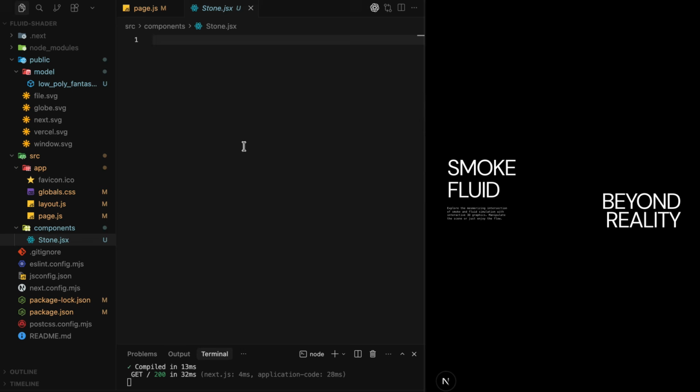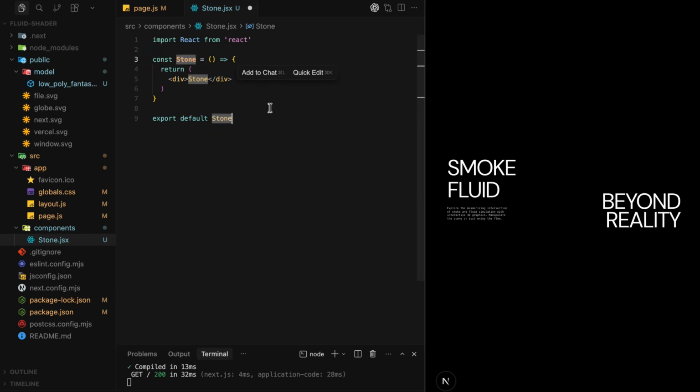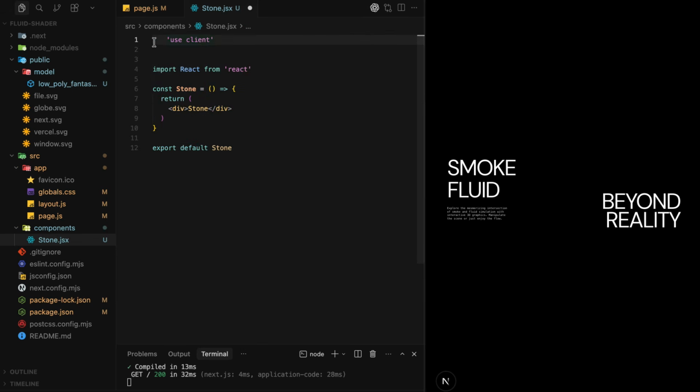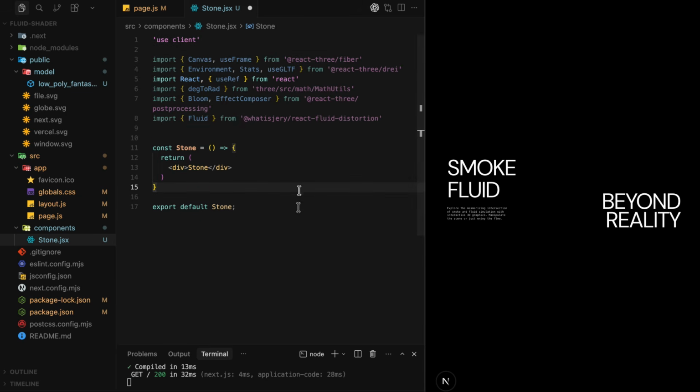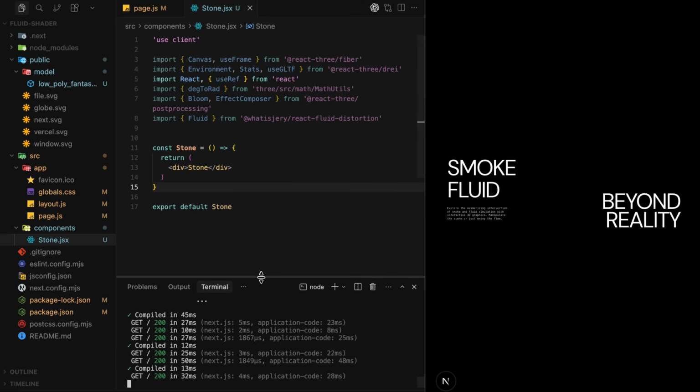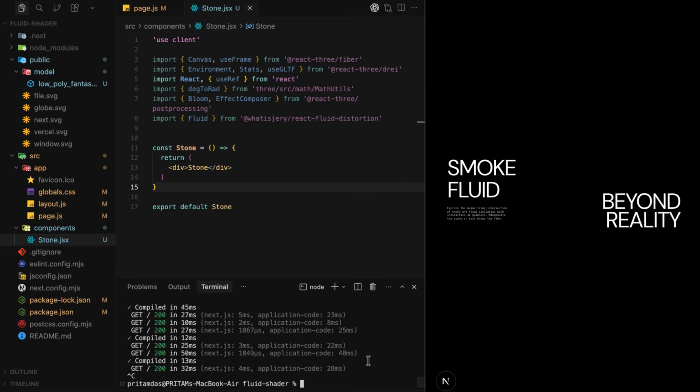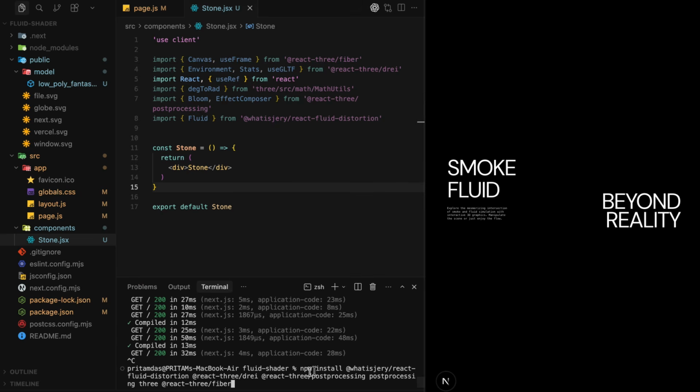I have already created a component called StoneJSX. First, I am making it a client component and importing everything we need for the animation. Before we move ahead, we need to install few dependencies. Make sure to install them exactly the way I am showing in the video.